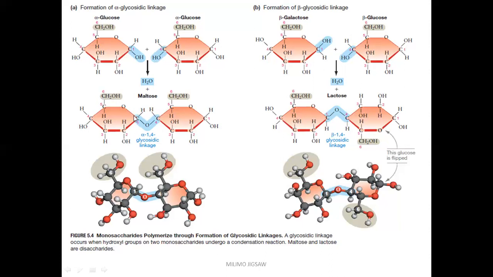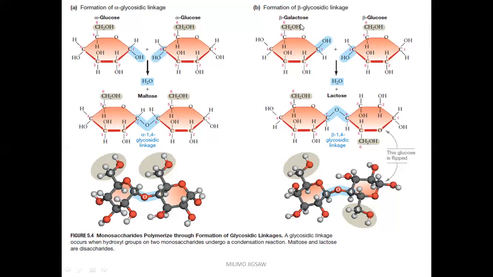So if it is carbon 1, as in the formation of maltose from two alpha glucose molecules, it's carbon 1 of one ring bonded with carbon 4. So carbon 1 and carbon 4 leads to the formation of this glycosidic bond. So it means this will be called alpha 1,4 or alpha 1 to 4 glycosidic bond. So alpha 1,4 glycosidic bond. So this is alpha, and then